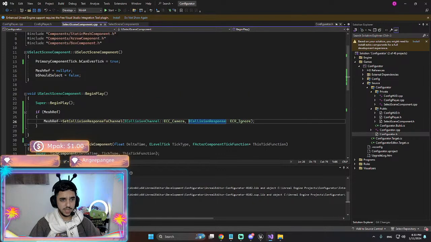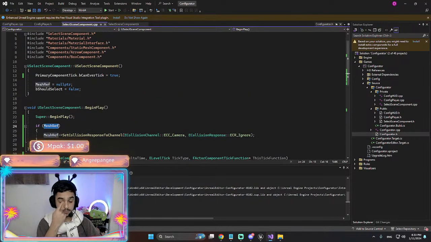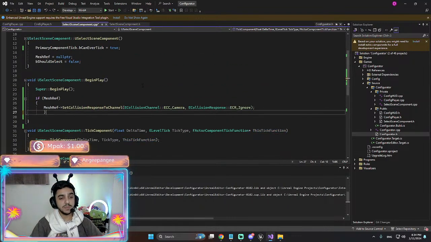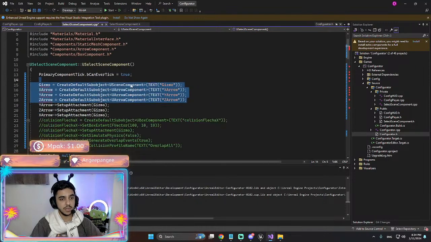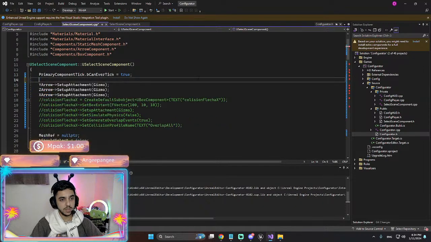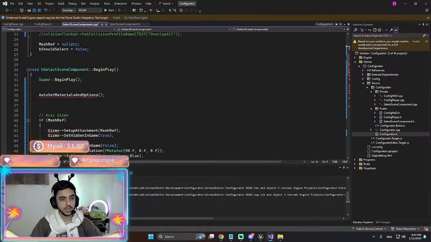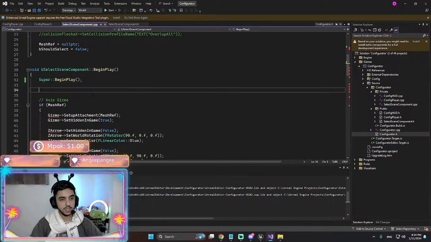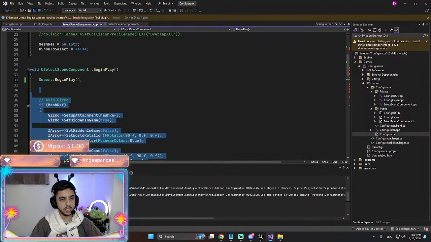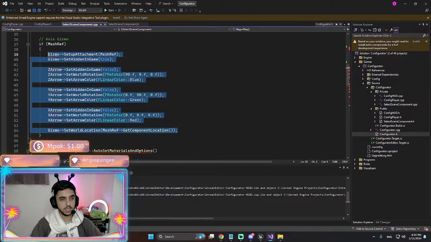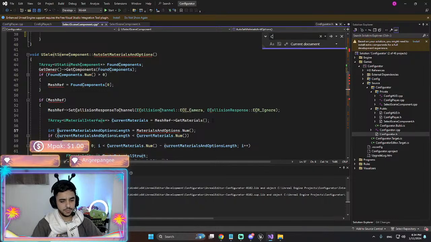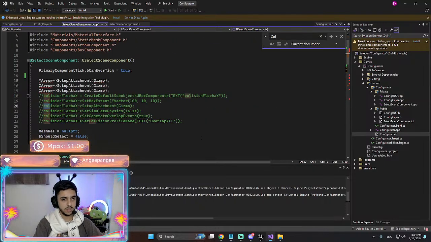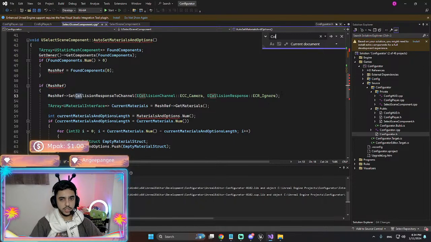So I'm gonna go to select component, mesh ref. Yeah, we removed something that we shouldn't have here. So I'm gonna bring back everything that I had. I just want to get rid of this part. I'm gonna keep a few functions, okay? I'll tell you which ones. We don't need this one, we don't need... Actually, I'm gonna keep this part. And I'm gonna say set collision.